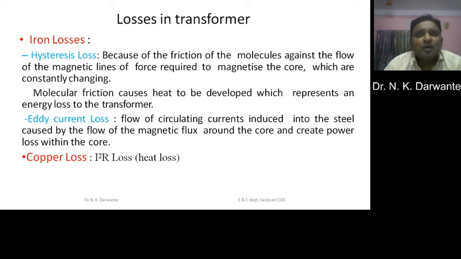There is no direct contact between the primary and secondary. There is isolation. The magnetic flux developed at the primary gets linked with the secondary, and due to the variation in this magnetic flux, as per Faraday's law, you will get the induced voltage at the output. But apart from this primary EMF generated due to the variation of this magnetic flux, apart from only the primary and secondary winding,